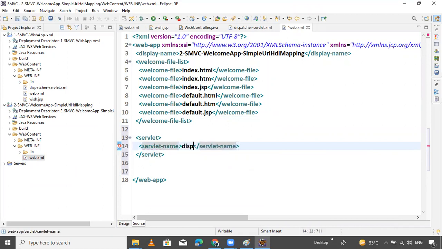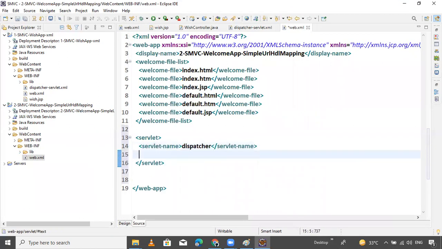Pass the name like dispatcher, and passing the configuration of dispatcher, so the class name, the servlet class. Class name is org.springframework.web.servlet.DispatcherServlet.